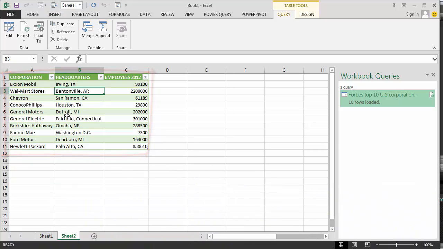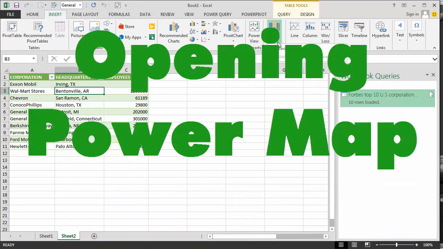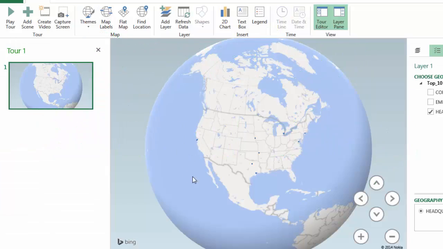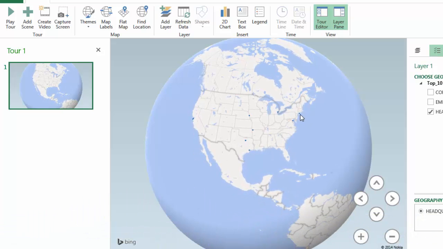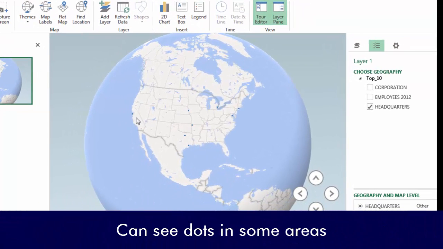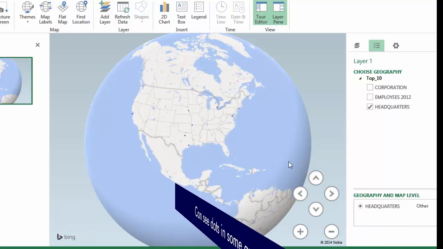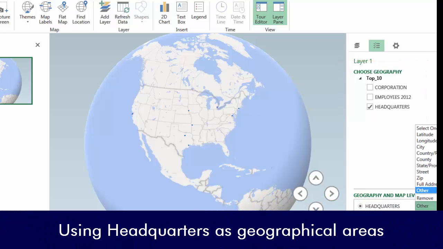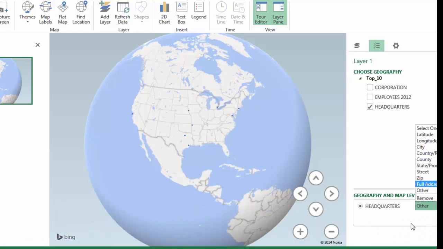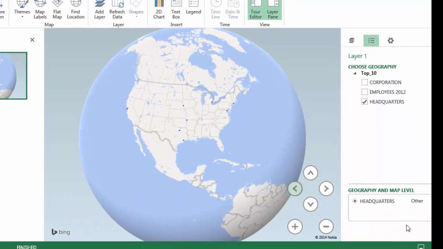Okay, so I'm going to take this data now, I'm going to open up my Power Map, and I'm going to launch Power Map now. Okay, so Power Map is now open, and as you can see it's gone to the United States over here, and we can see little dots on certain parts of the United States. On the right hand side over here it's correctly chosen that my headquarters is actually my geographic area. So now it's picked those different geographical areas. If I choose next over here,